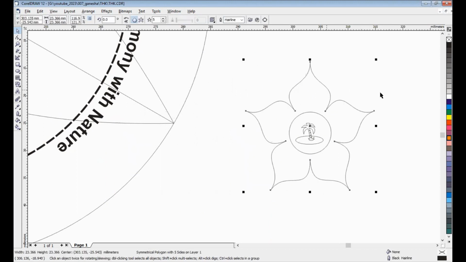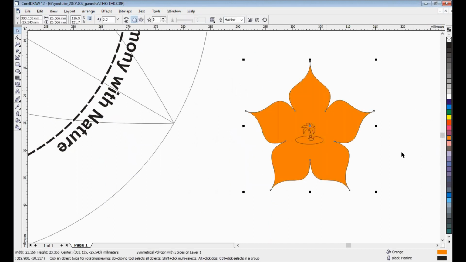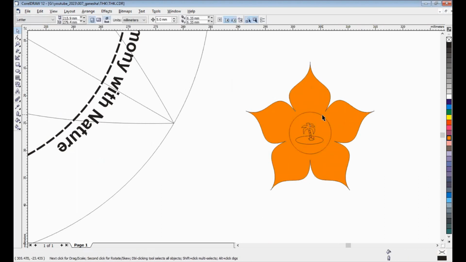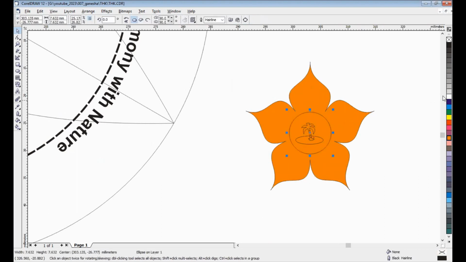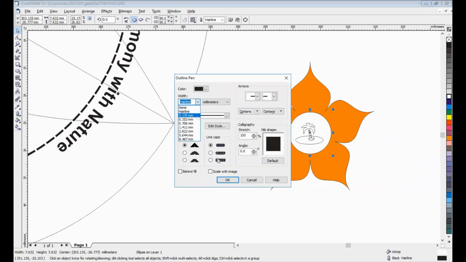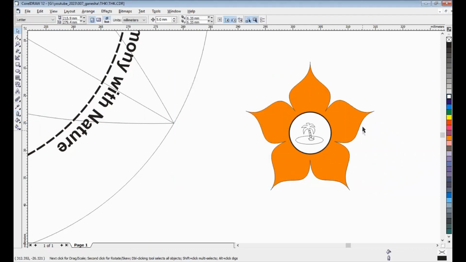Okay, color, move down, give white. Okay, increase the color width.